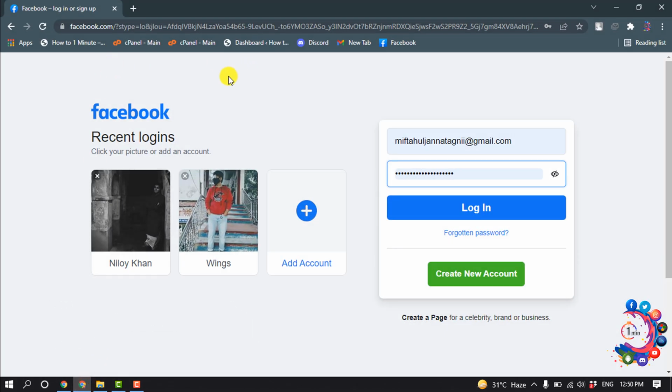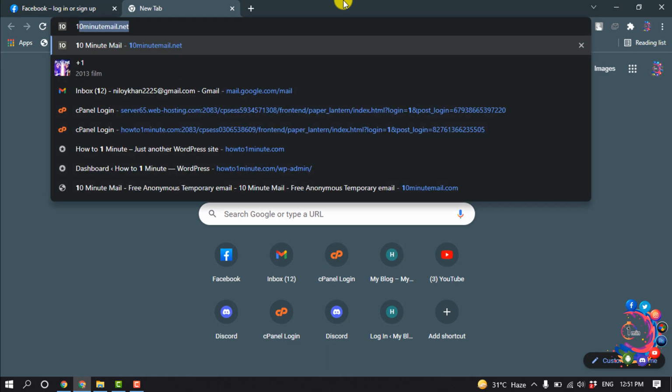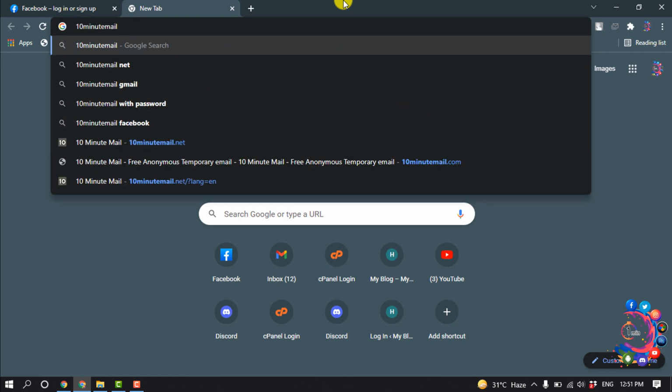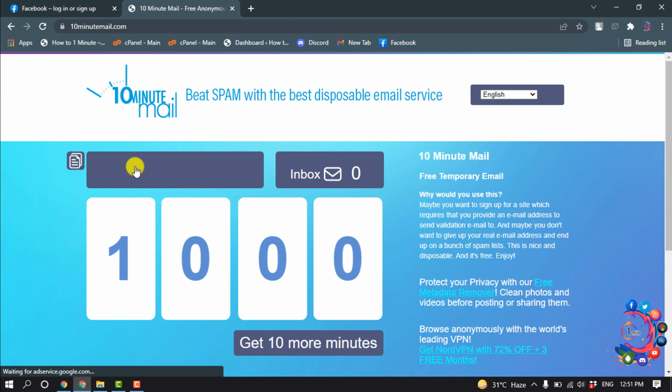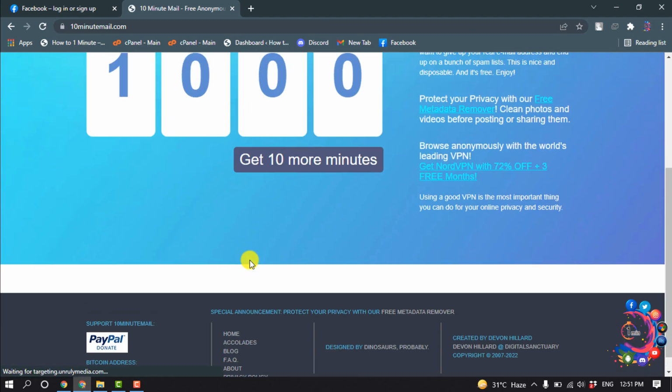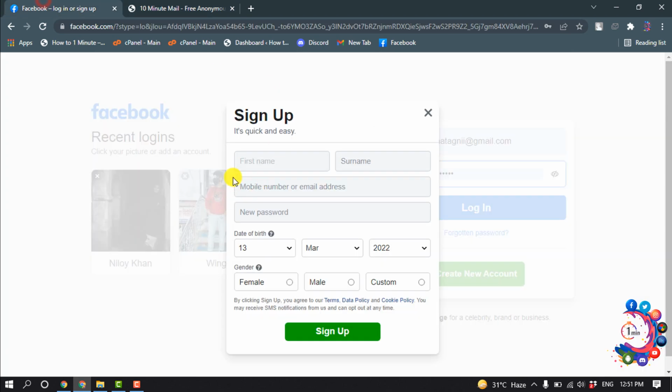So first of all, you have to open your browser, open Facebook, and click on create new account. Then search here for 10 minute email and open this first website, 10minutemail.com. Inside this website you will get a virtual email for 10 minutes, and you can use this email to create Facebook accounts. So now click on copy and give here your first name,